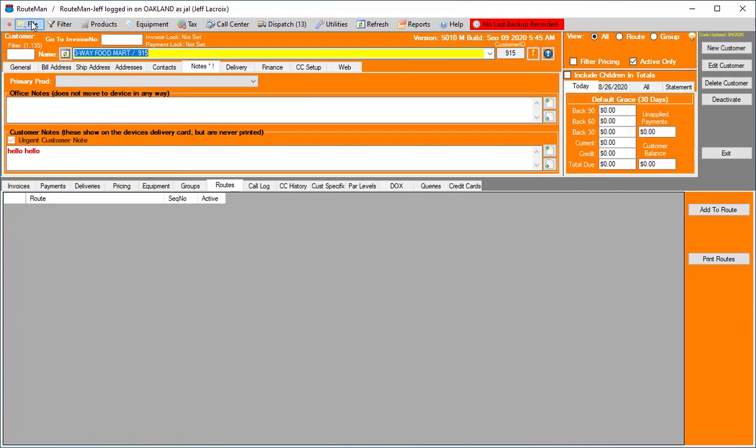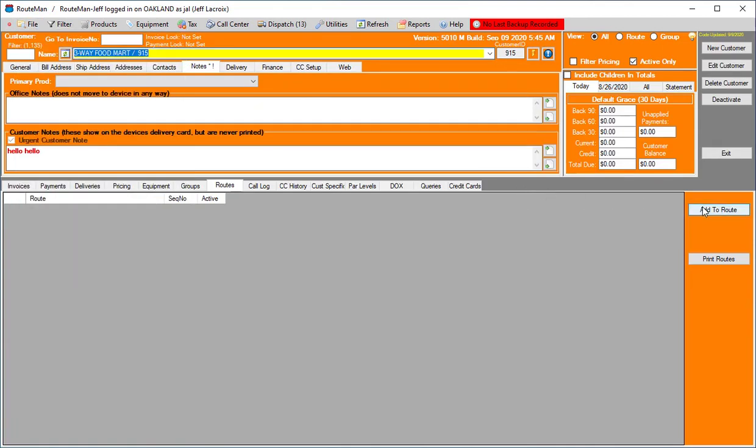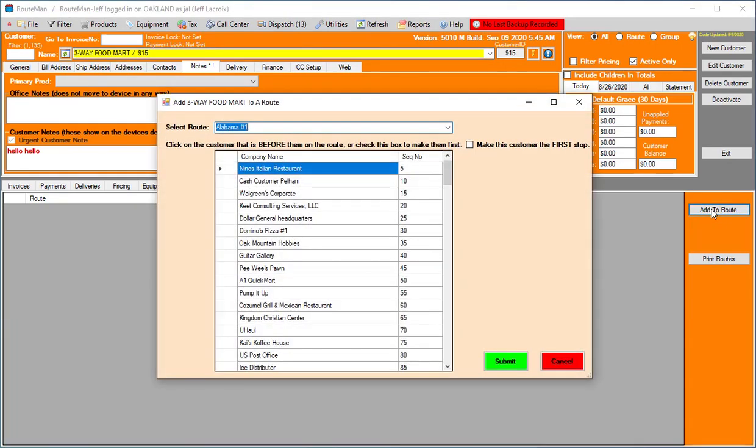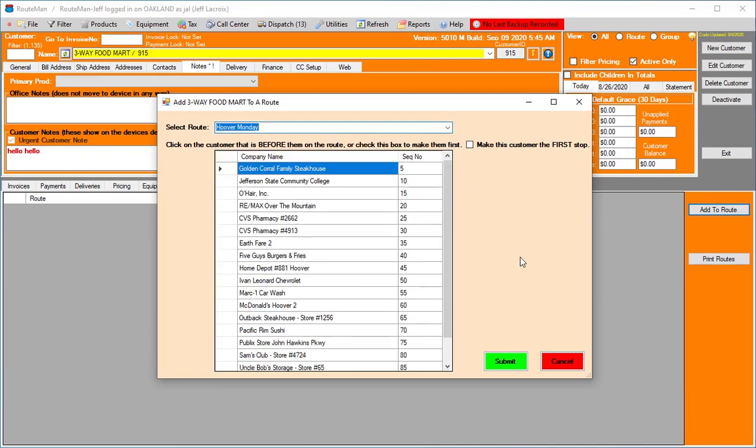Instead of going into the route itself and adding it that way, the easiest way to add the customer to a route is this button over here, Add to Route, and I can come to the drop down and choose Hoover Monday, and in this box what we have to do is select the customer that's before them on the route. If they're at the top of the list, we would check this box and that would replace Golden Corral